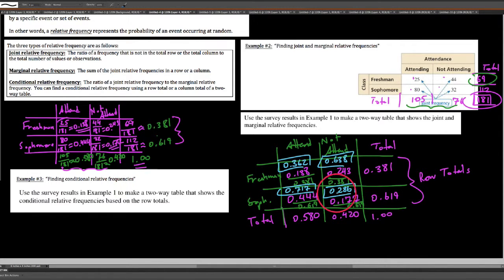With respect to these probabilities right here, let's interpret what we just found. By taking the percentage of freshmen who attended and dividing it by the total number of freshmen, what we're saying is that, of the freshmen, 36.2% of them attended and 63.8% of them did not attend. Then down here, by taking these joint relative frequencies and dividing by the marginal relative frequency, we basically say that of the total sophomores, 71.7% did attend and 28.6% of them did not attend. So that's essentially what we're finding when we talk about